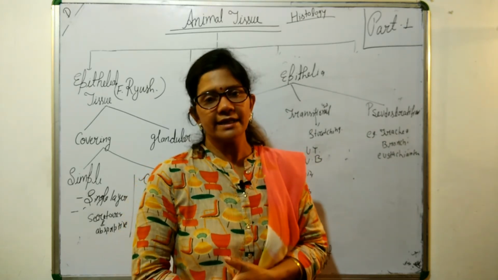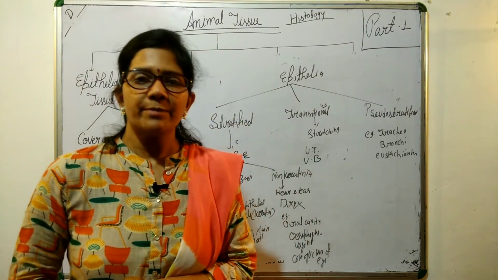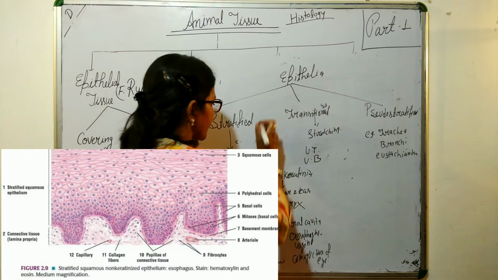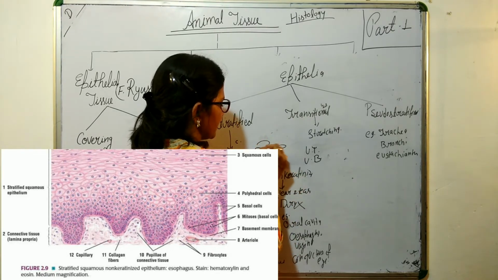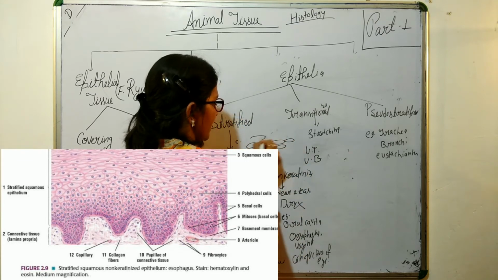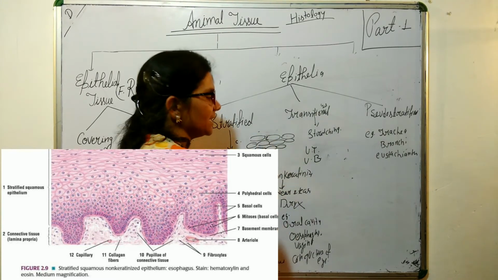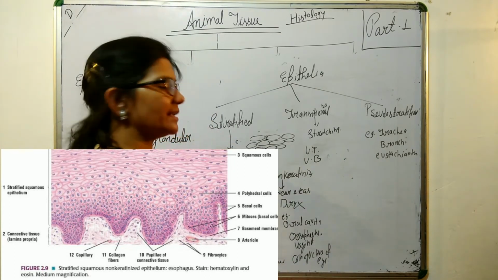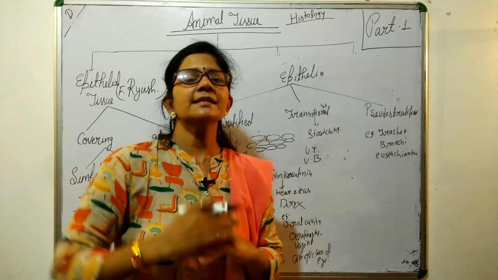This can be of different types. Let's see. First, it is known as the stratified epithelial tissue. What does stratified mean? Strata means layer. If any tissue has layers, suppose this is one layer, then the second layer of this flat one. I am saying flat because I am talking mainly about stratified squamous epithelial tissue. The most important one in the stratified is the stratified squamous epithelial tissue. So the flat cells are one above another, so they make many layers.